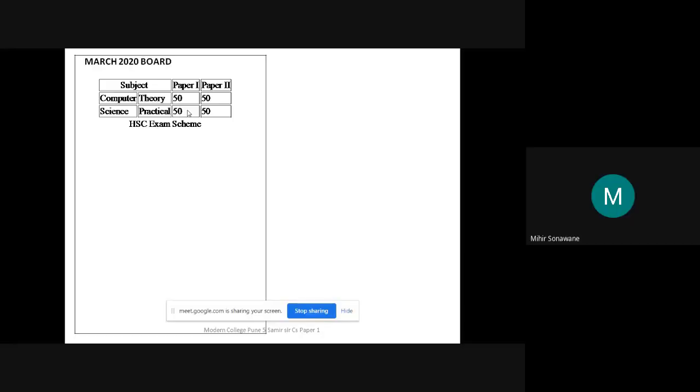Not related to table. Actually, see, we have seen the caption tag. In that, I have not given you the attributes of caption. So the caption tag can be used either to give a heading to the table, or you can also give a heading which is listed below that table. Now this is not part of the table, it is inside the table tag, and we are using the caption tag. So actually HSC exam scheme is nothing but the title which we have written below the table.